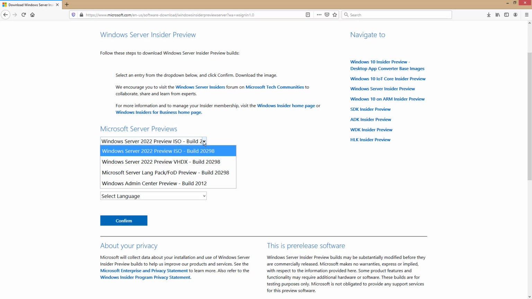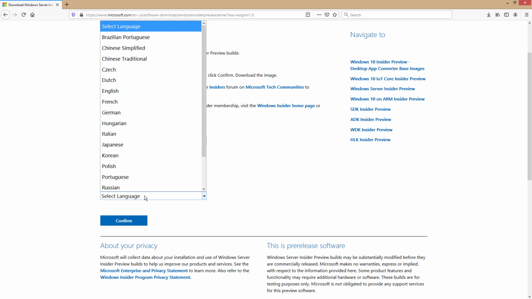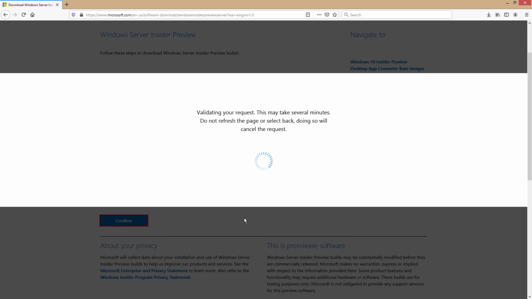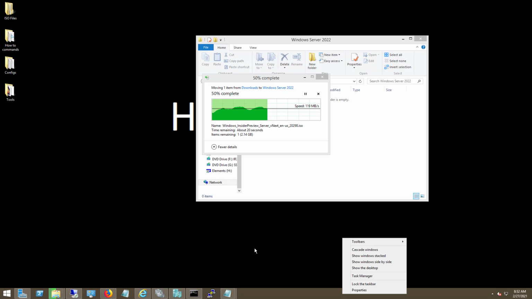So here's our options for downloads. We see the ISO, the VHDX for Hyper-V. We can also see the language pack as well as Windows Admin Center preview, which I'm sure will look a little bit different. Then we can choose our language and download the ISO file. Once the ISO is downloaded, you can install it onto a virtual machine such as Hyper-V, VMware, etc., or right